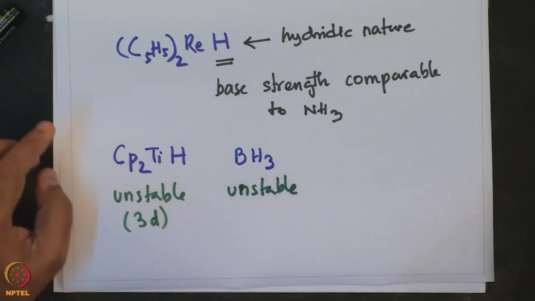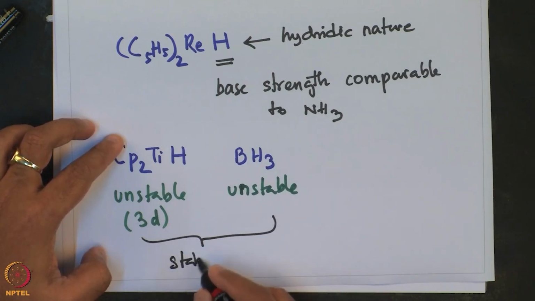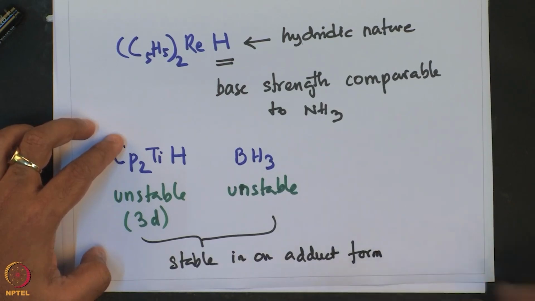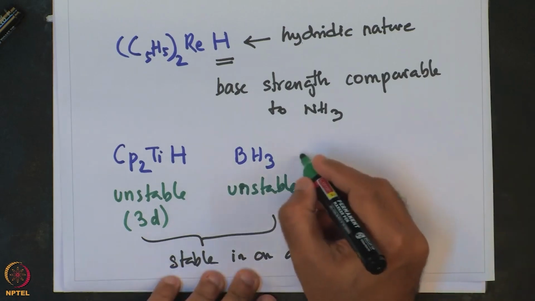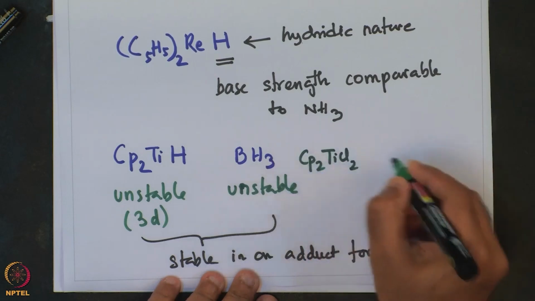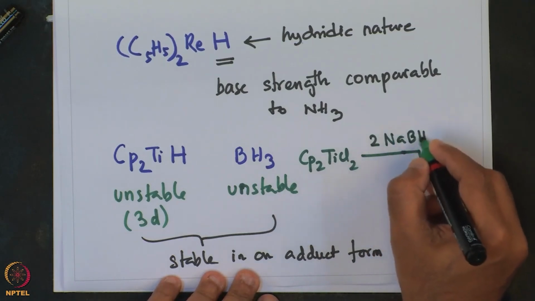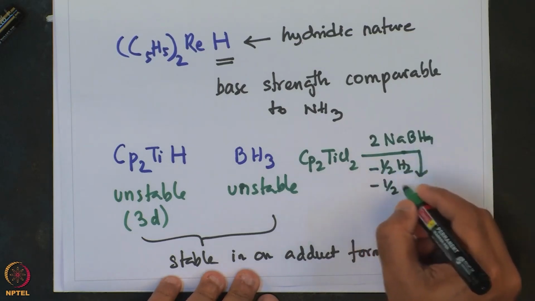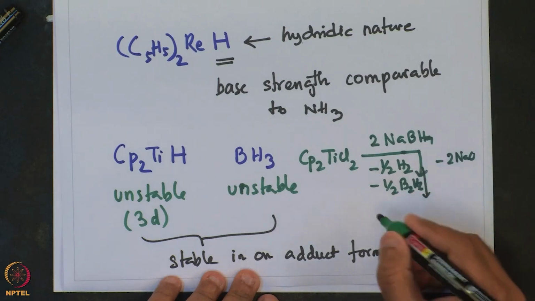However, these two molecules combine to make an adduct and they are stable in an adduct form. I am going to illustrate this through the example given over here. So, Cp2 titanium dichloride in the presence of NaBH4 eliminates half hydrogen, half B2H6 and 2 NaCl to give